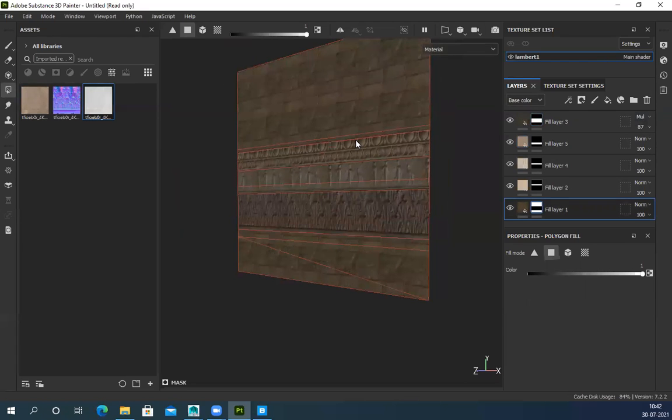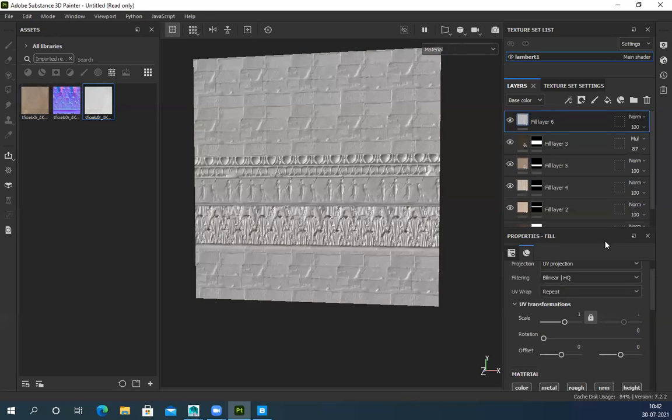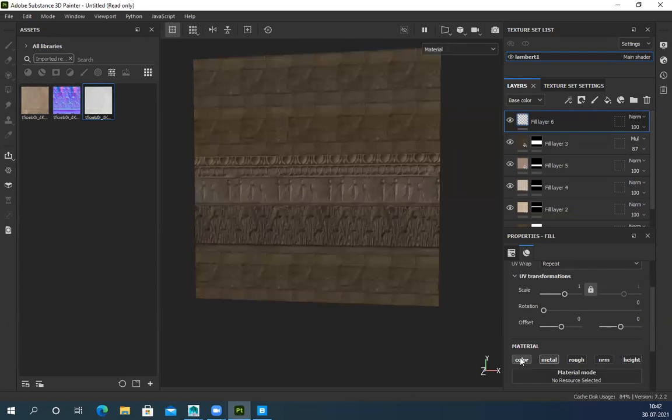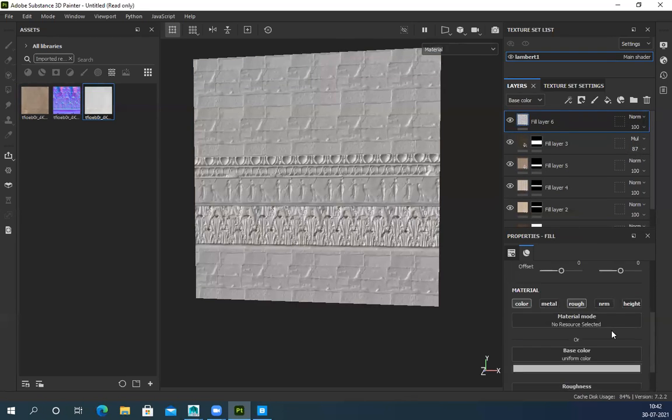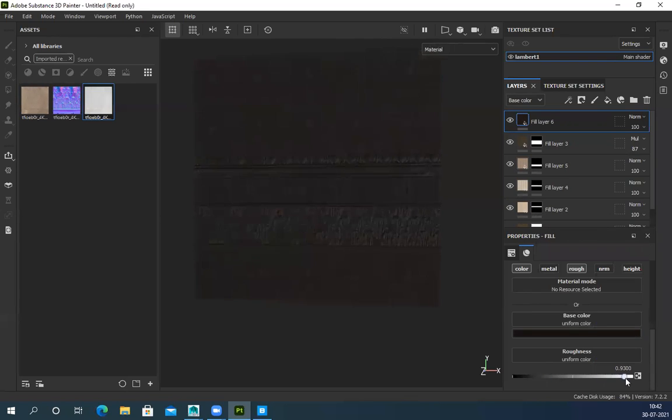But overall, I can see all this repetition and everything. So I have to make it more generic, less repetitive. What I'll do is download some other texture, or in Substance, I can use some patterns or details, some patches. So let's see, only color and roughness. The color I can make slightly dark, more towards slightly brown, and roughness can be super matte.